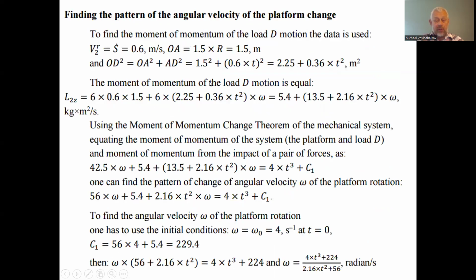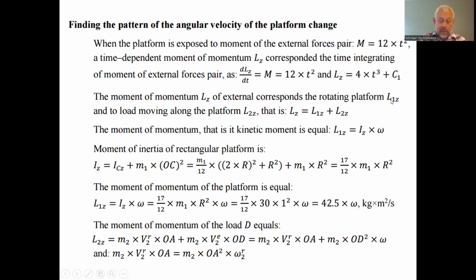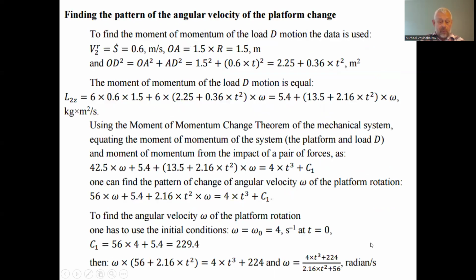And we can find the momentum of the load's motion together. After the simplification, this is 5.4 plus 13.5 in the brackets plus 2.16 multiplied by t squared, and this all multiplied by omega, the angular velocity of rotation of the platform, because we have here moment and here omega of the rotation of the platform, because the second summand comes from the transfer motion of the